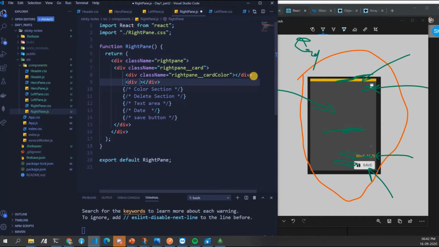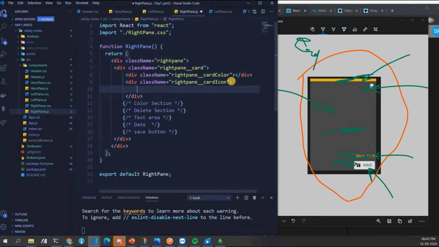Then we have the card icon. Icon means that icon button that we are seeing. I'll just write card icon because there is no other icon, right? Card icon.